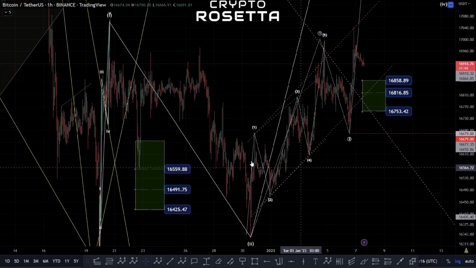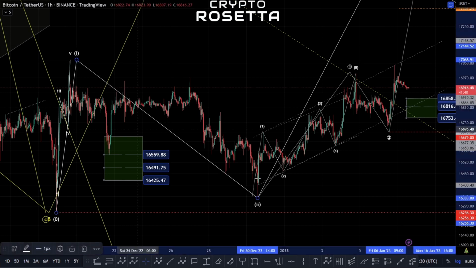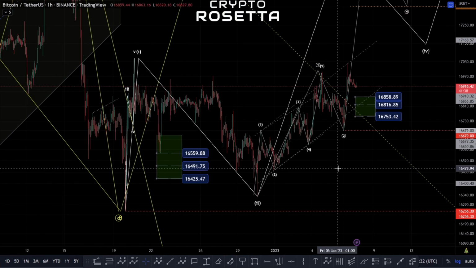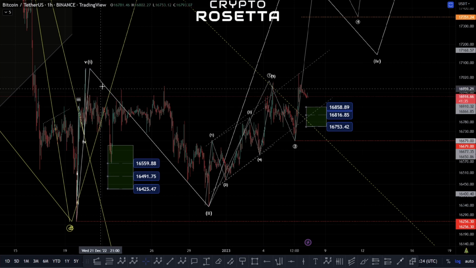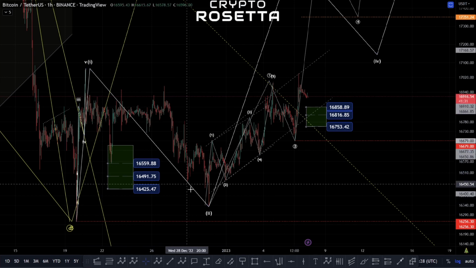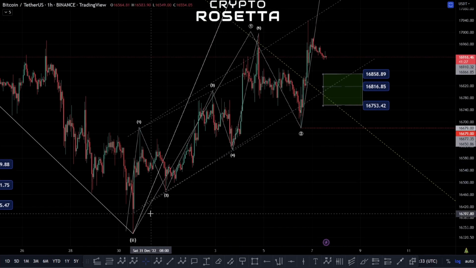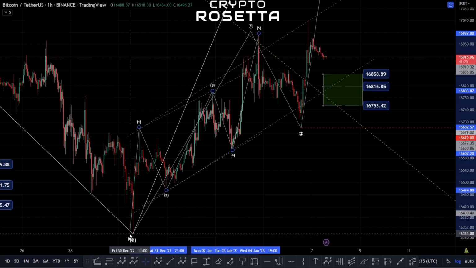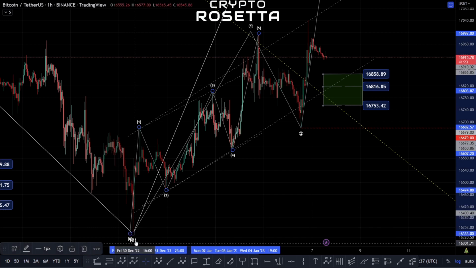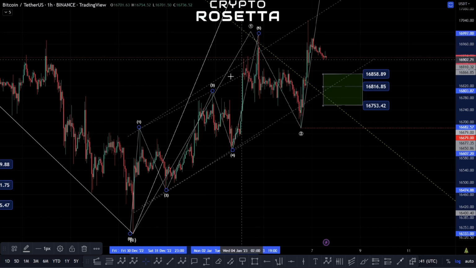So basically, another way we can look at this is potentially that we could look at this as a wave 1. And within this move, we'd have this as a wave 1. We'd look for this wave 2 retracement. And then what we could look at, instead of looking at this diagonal the other way that we were looking at it, we can also look at this potentially as a 1, 2, 3, 4, and a 5,